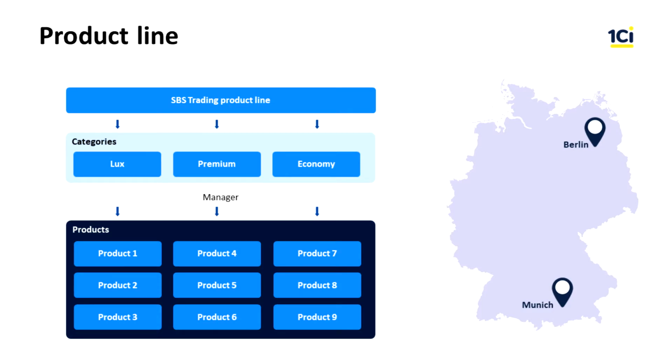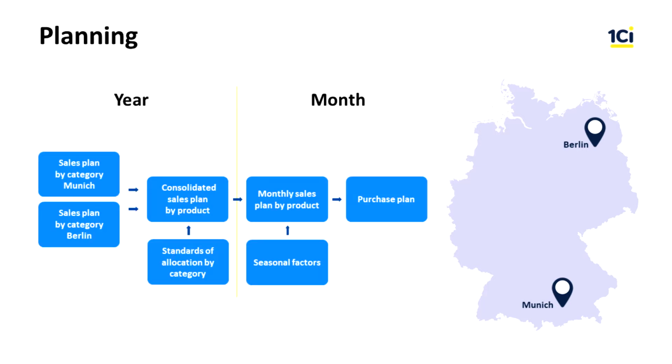Hoverboards are divided into three categories: Luxe, Premium, and Economy. Sales are planned annually by category and are then distributed according to seasonal factors and according to sales of specific products within categories. Therefore, sales departments for the remote office and the headquarters should plan their annual sales by category. After that, the system consolidates these two plans and automatically distributes them by product and by month, taking into account